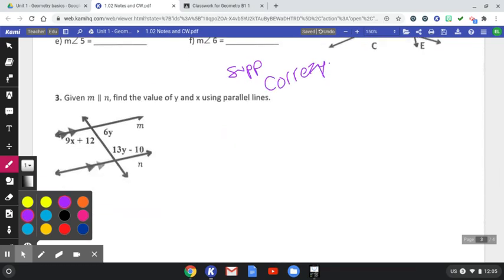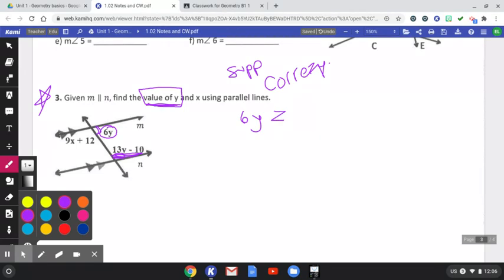For number 3, you're solving for x and y. My suggestion here is to find the value of y first. So a little clue is that this little angle in here has a 6y next to it. This bigger angle down here has 13y minus 10. So you have to decide what to do with those. Do you take the 6y and set it equal